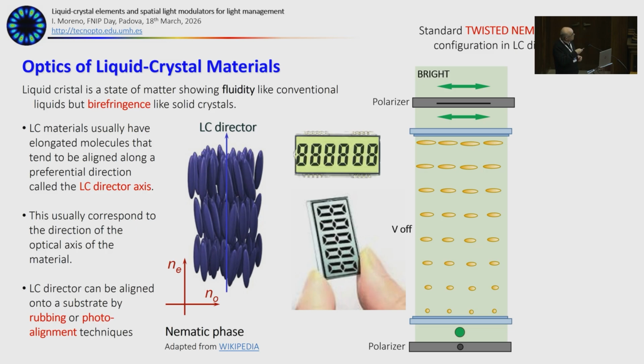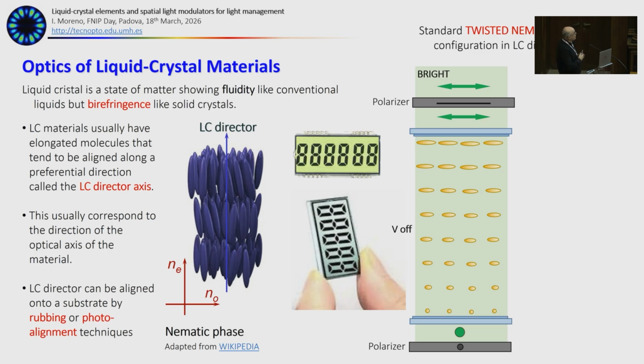This in the middle would be the very thin layer of liquid crystal. Here you have the two glasses that protect the two surfaces of the display, and liquid crystals can be oriented in a particular direction over the substrate. So here, in the twisted nematic configuration, the liquid crystal is oriented in one direction, pointing outside the screen, and in the outer surface, the liquid crystal is forced to be oriented orthogonal to the input orientation. This creates the twist structure of the liquid crystal from the input to the output surface